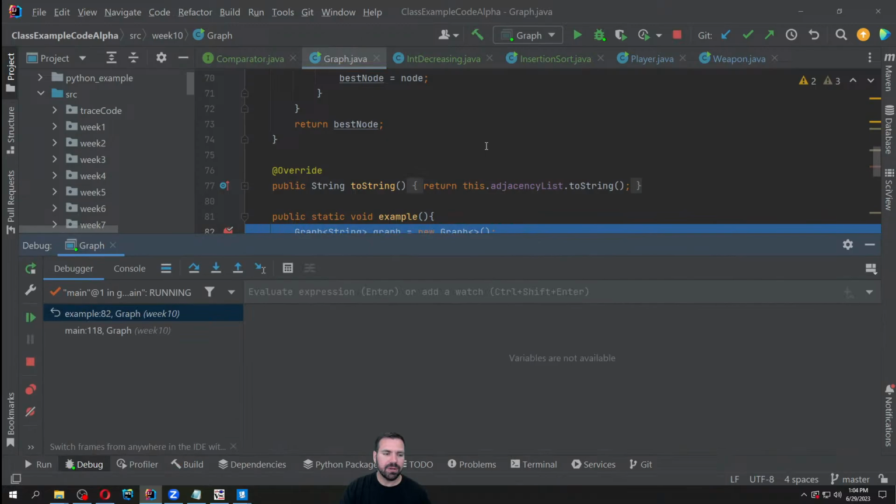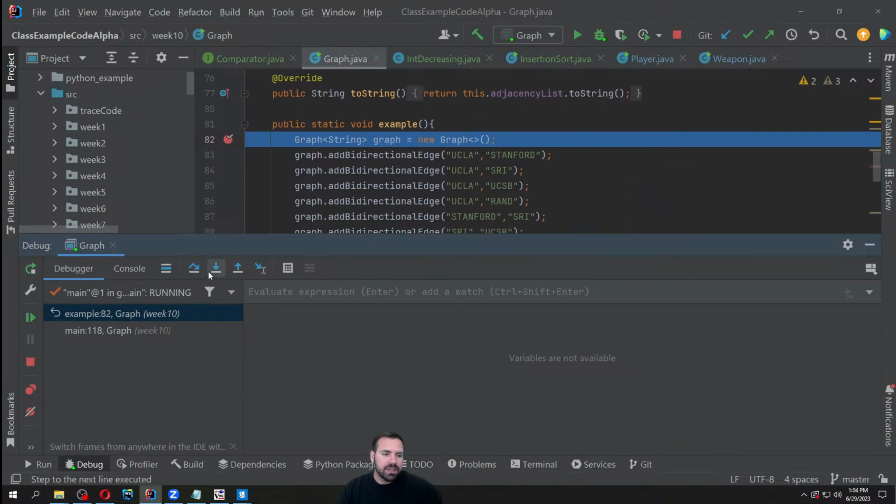and run the debugger. Let's get some good debugger experience in here. So I